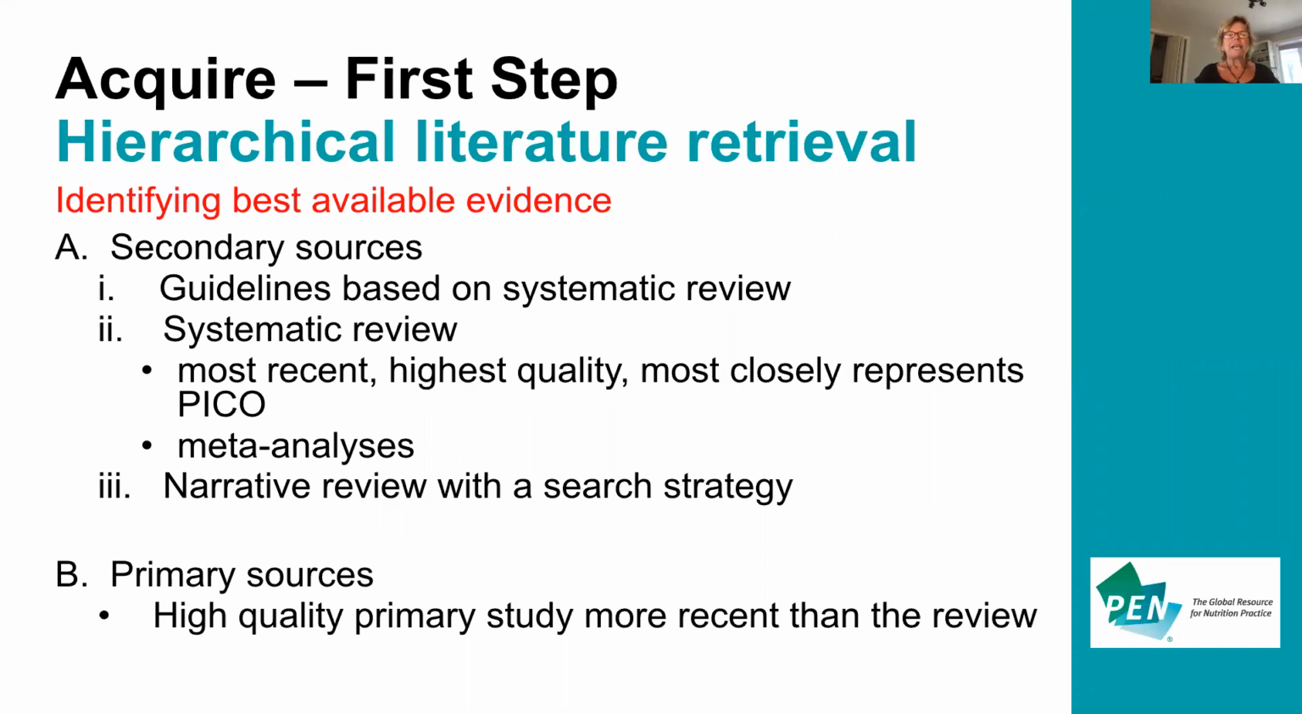So we looked at this last time. Acquiring is the first step when we're looking at what's retrieved in our search, the hierarchical literature retrieval to look at, first of all, secondary sources, the best available evidence, and primary sources. So I want to continue on to look in a little more detail at what the best available evidence is within those secondary sources and primary sources. So first of all,